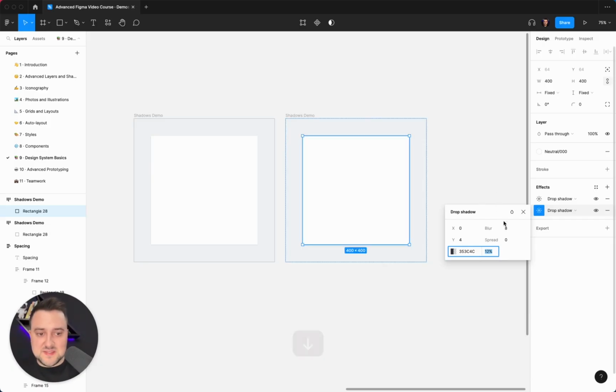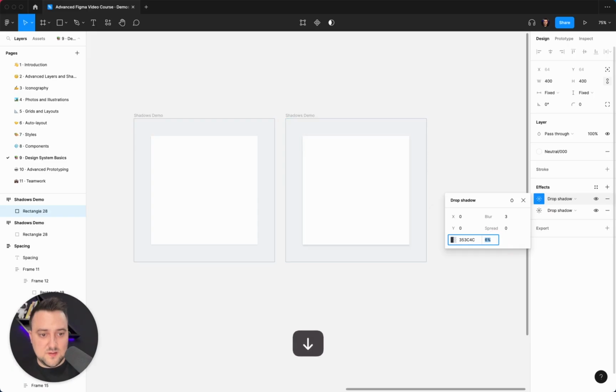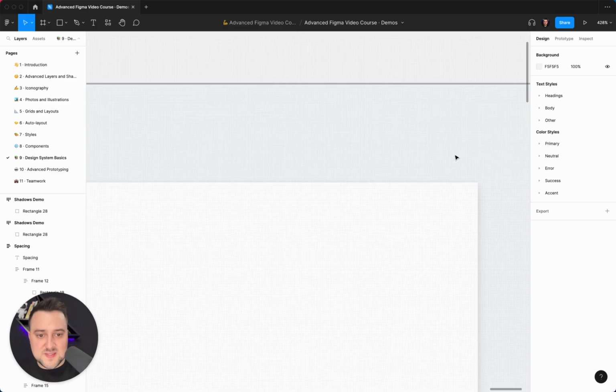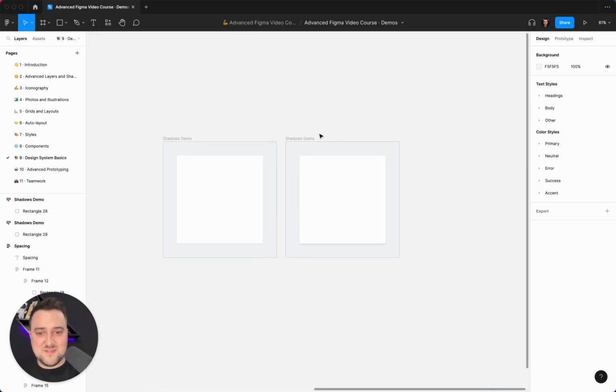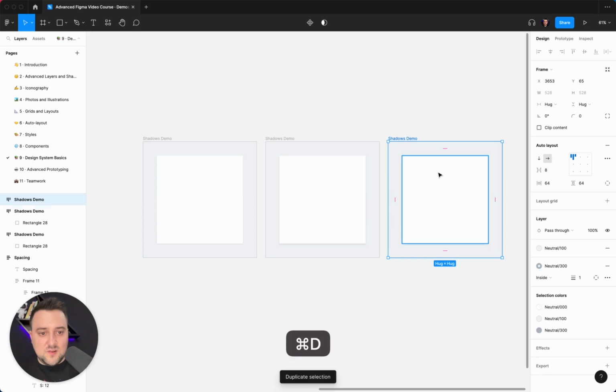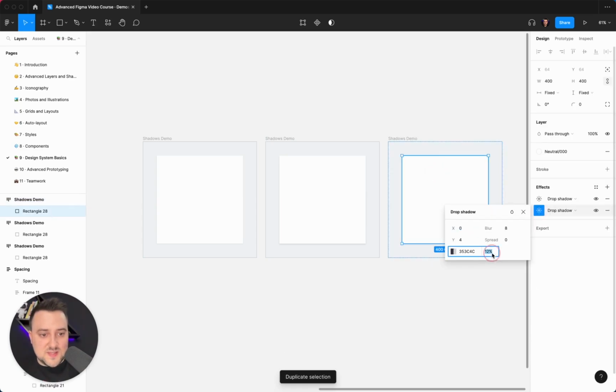So yeah, I think this is gonna work. I'm just gonna make this even lighter. It's supposed to be something really subtle that you can barely notice, but it's giving that nice effect. The third level of shadow, I'm gonna go inside, make this even lighter, make this even bigger,